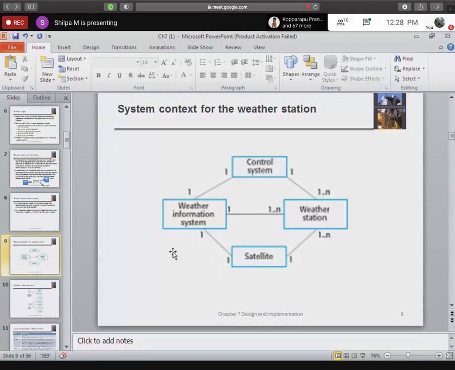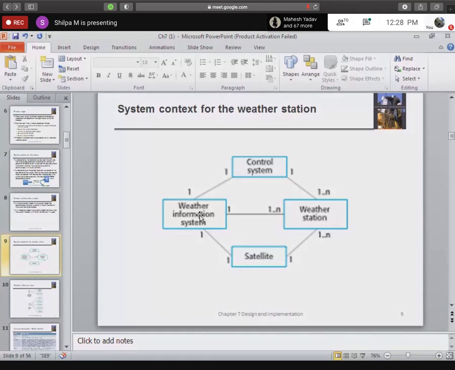Now, the link gives us how they are associated, how one module is associated with the other module, or how one component is associated with the other component. And also, the type of association is given. So, let's take for example here. One is a weather information system.